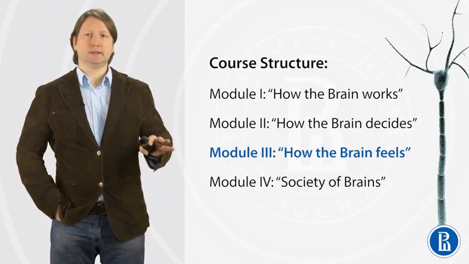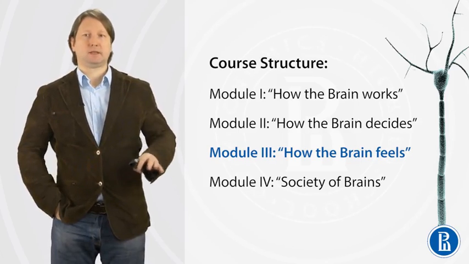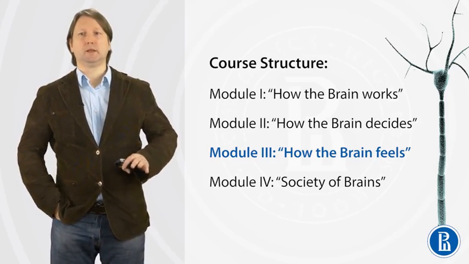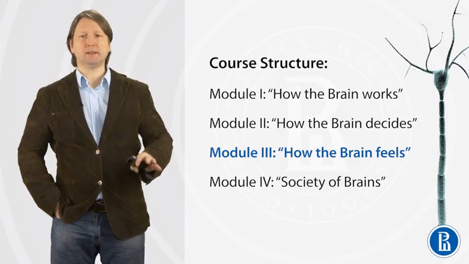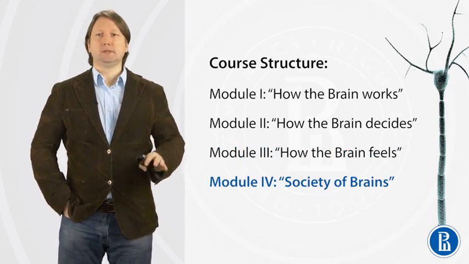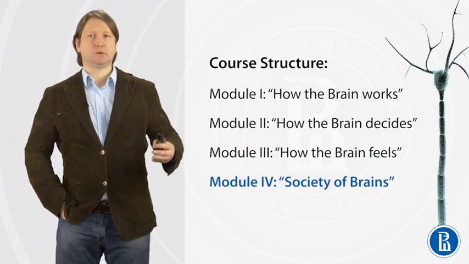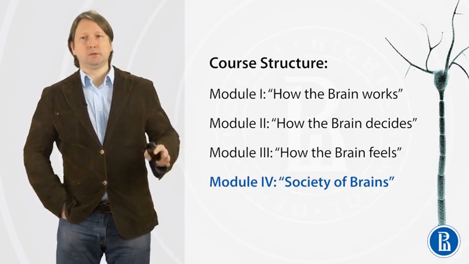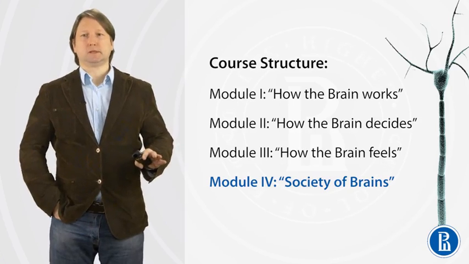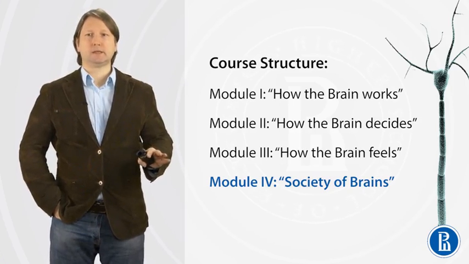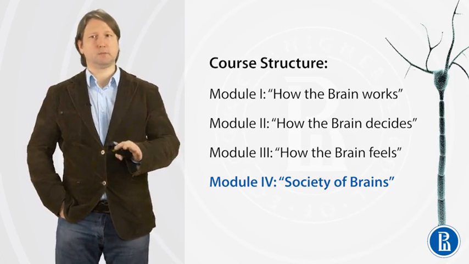We will discuss how affects and emotions modulate and program our decisions. And finally, during module 4, we will discuss how decisions are made in various social contexts. We will also focus on the evolutionary basis of decision making. We will discuss some similarities between our decision making and animals' decision making. Can we find similar financial decisions in humans and monkeys? That will be the topic of our final module.